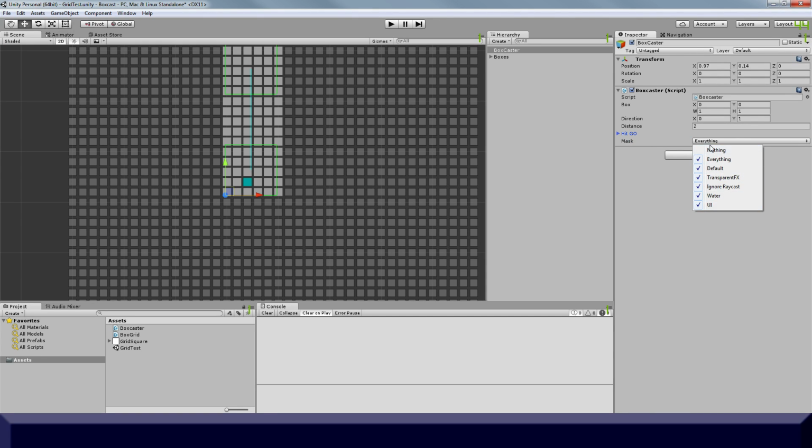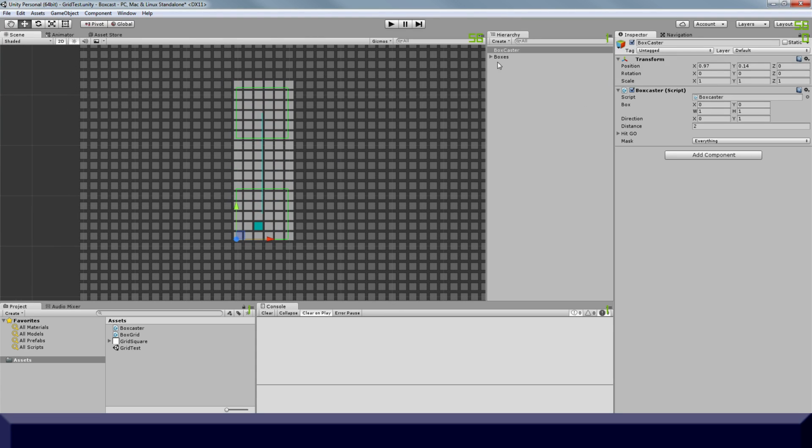The mask is just a list of layers, so we're just having it go for everything. One of the neat things about raycast is that you can have it selectively ignore entire layers on your scene. So you can have it so that it only hits a certain layer. For example, if you wanted to do something that's usable, you put a usable object on another layer, and all you do is you raycast if you've hit something that's on that layer. It's really useful. I might do a full tutorial on raycast at some point, but there are plenty of them out there. What this one is filling is a niche that doesn't exactly exist, a visualization of how box casting actually works. So we'll take a look quickly at the code,